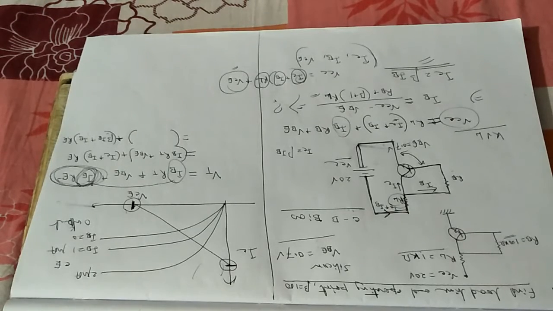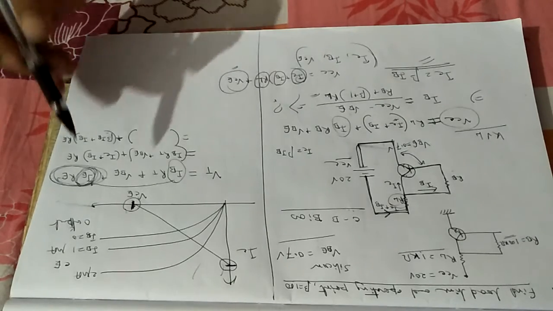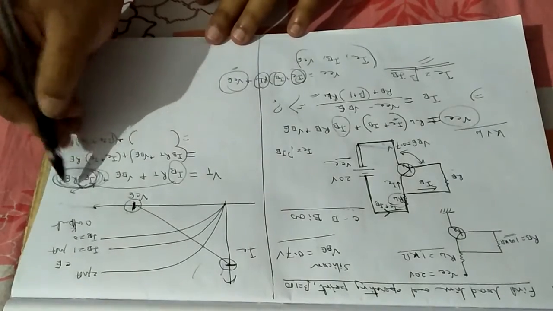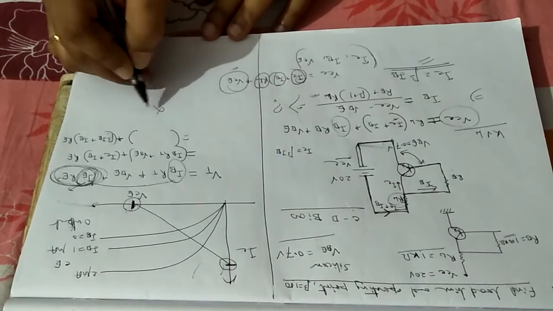So I think I'm able to make you understand a little about the problems that will be asked from transistors. Whatever I have shown, these are not the proper calculations. I have shown you only the approach to solve the problem, the attitude to solve the problem: you have to start from the input terminal, then go towards the output, then you will be able to calculate everything else. So my suggestion is that you try to follow these things. Also this can be done by a different method. Instead of this IE, you can apply another method. Some different methods are given in some books, where you can apply alpha.